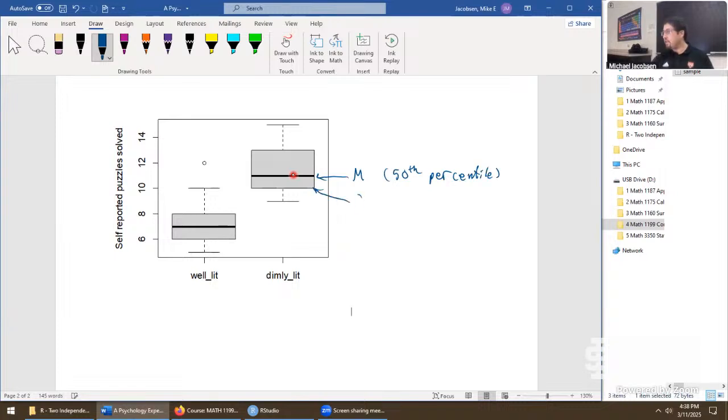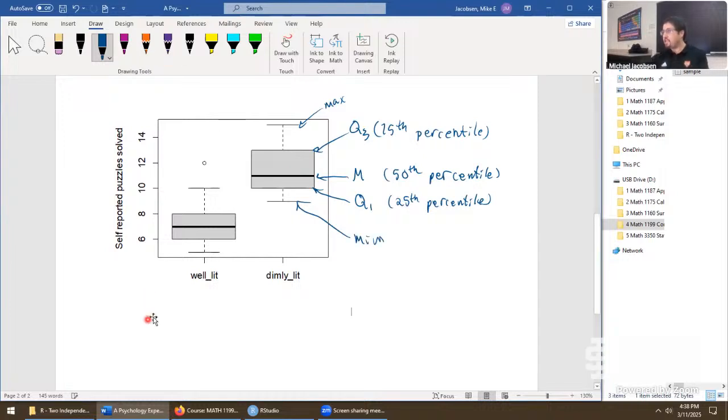This line right here is quartile 1, or the 25th percentile. This is quartile 3, 75th percentile. This is the max. This is the minimum.